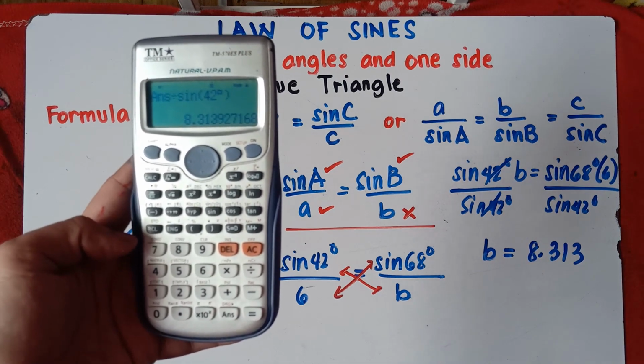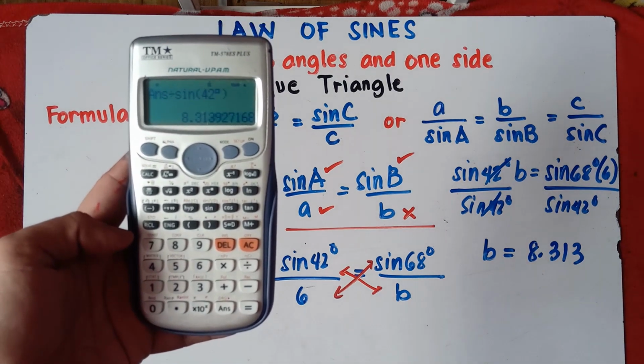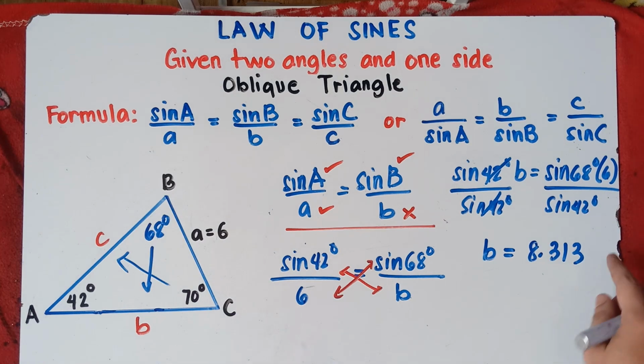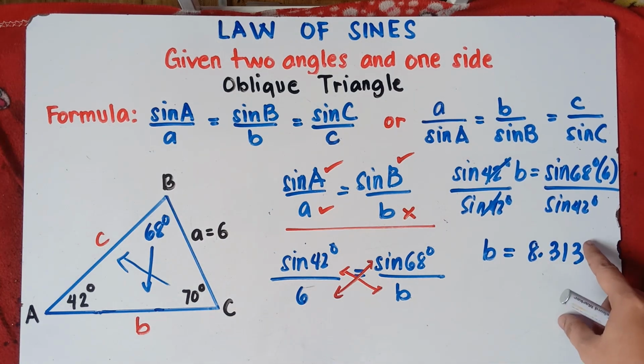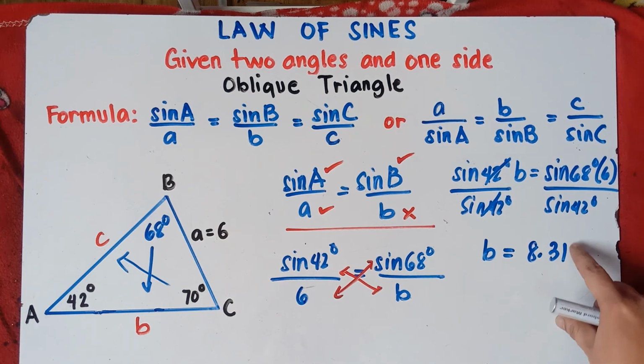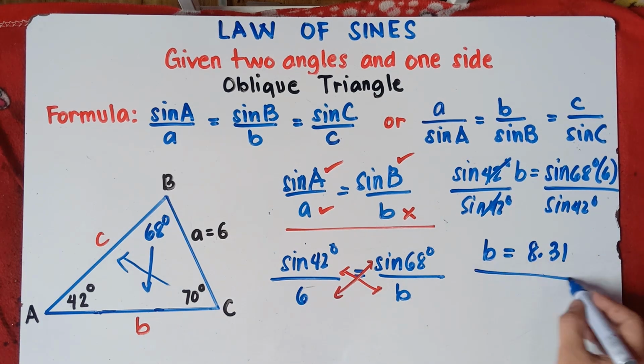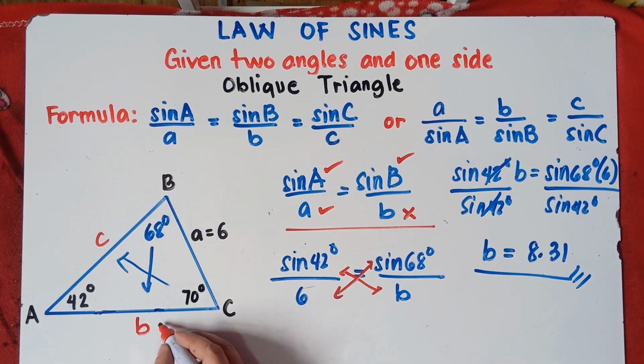So we need to round to the nearest hundredth. Once again, class, we need to select 2 decimal places. After 1, the next digit is 3, therefore we need to round down. Simply copy 1. So this will be 8.31 for B. That's it, class. This is 8.31. Alright, let's find side C.